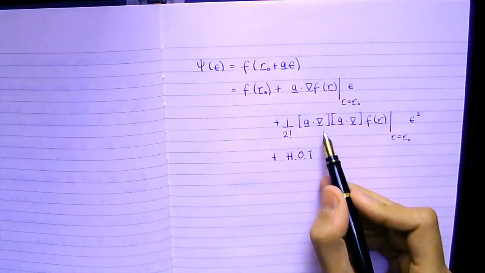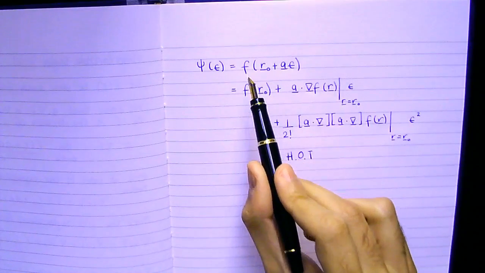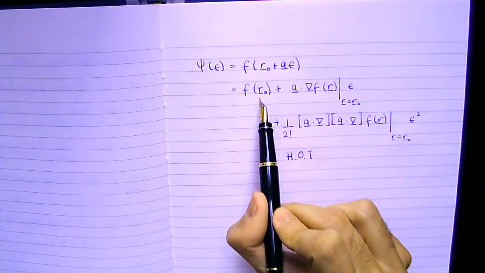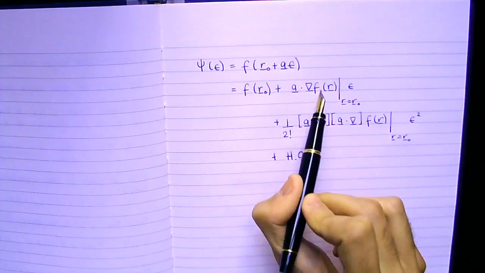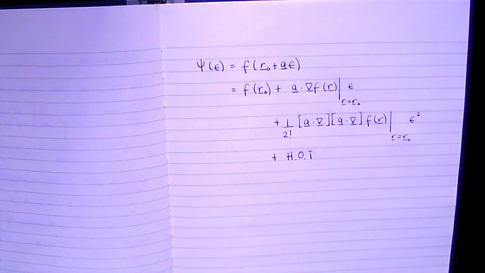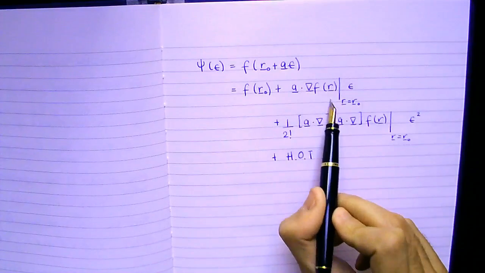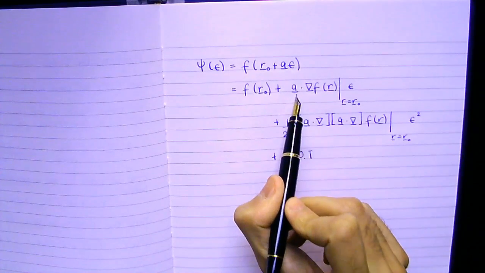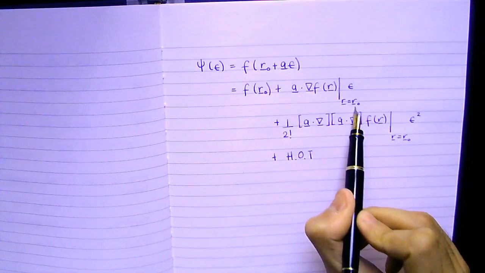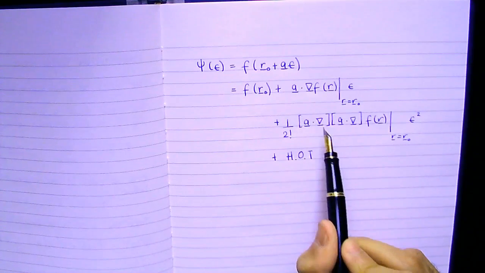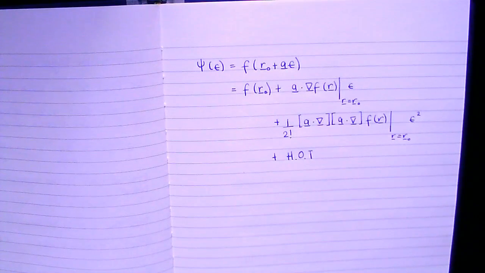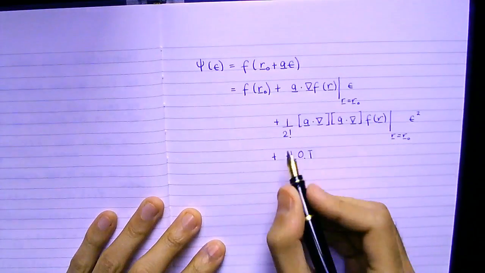Okay, so I basically constructed a Taylor series of this function, and I've now input into that Taylor series the explicit definitions in terms of f of each of those components. I worked out that the first derivative of psi is actually this directional derivative evaluated at a particular point, and the second derivative is actually this evaluated at that same point, and then there are higher order terms which follow in the same way. Okay, so if this is correct,